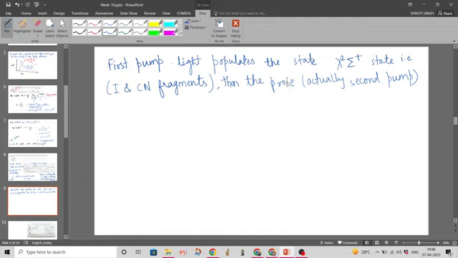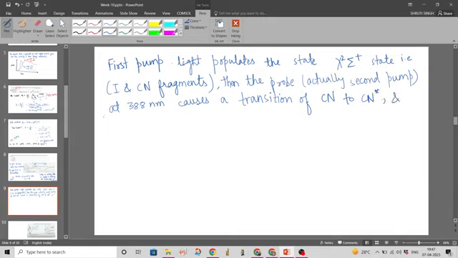The probe at 388 nanometer, now this probe light or the pump at 388 nanometer, it excites the fragments, the cyanide transition of CN to CN star,